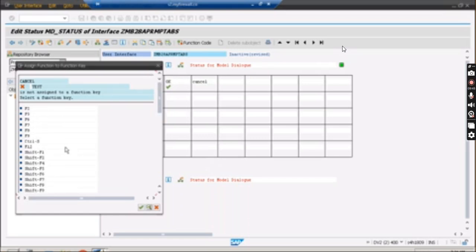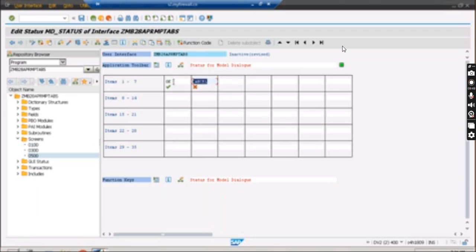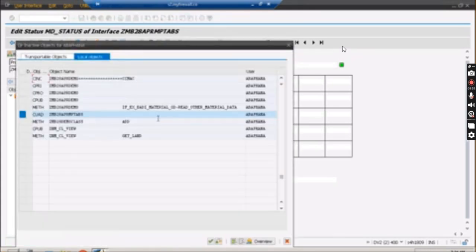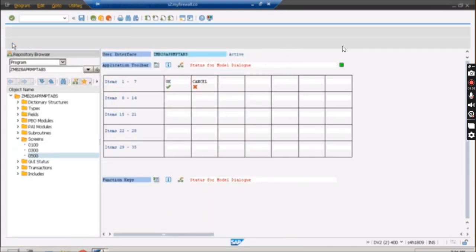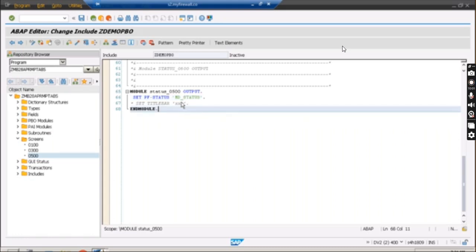Without that, it's not going ahead. So I'm going to select this F2 as a function key. So cancel and OK we have done over here. Click on this save, check the syntax, activate this one, it is now activated. Just go back. Okay, we are done now.